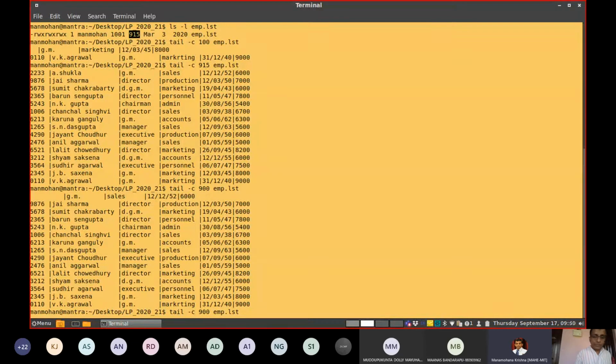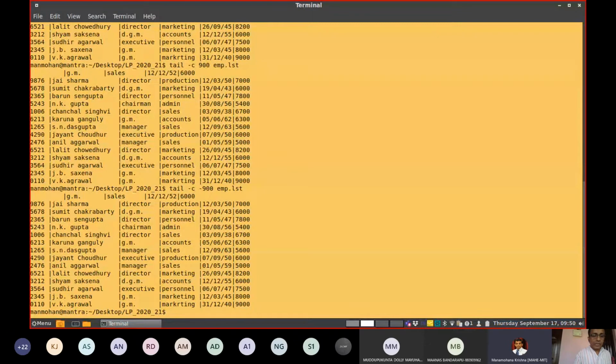So in case if you want to skip or if copies last 500 bytes, then you have to say, okay, now look into this kind of output. What is going to happen by saying minus 900? Okay, this is minus 900. Without that also it prints from the last.